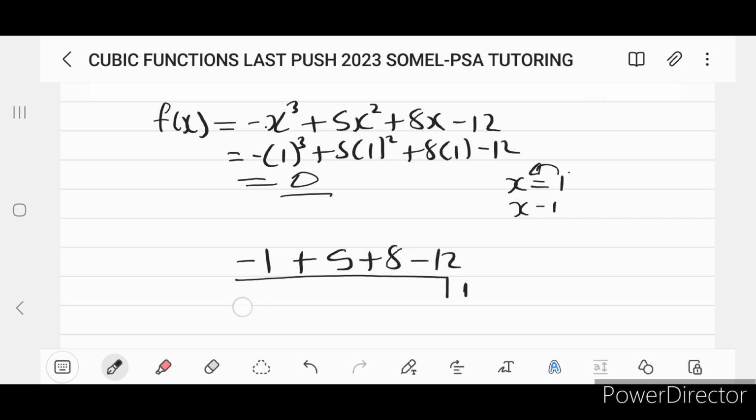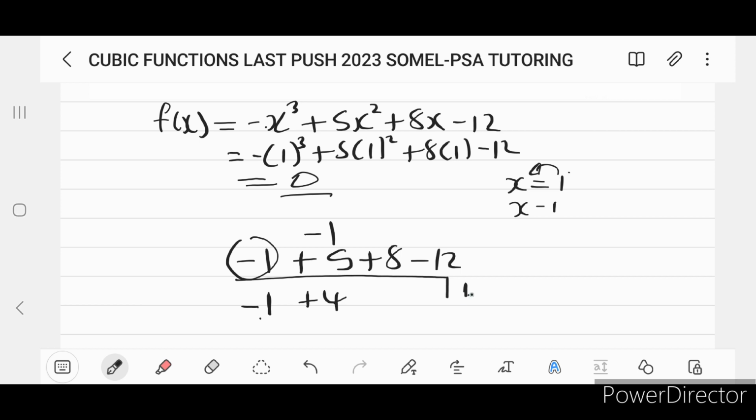So I drop the minus 1. All the time, this first one, you drop it. Therefore, you say this multiplied by 1 is going to be negative 1. So negative 1 plus 5 is going to be plus 4. So 4 times